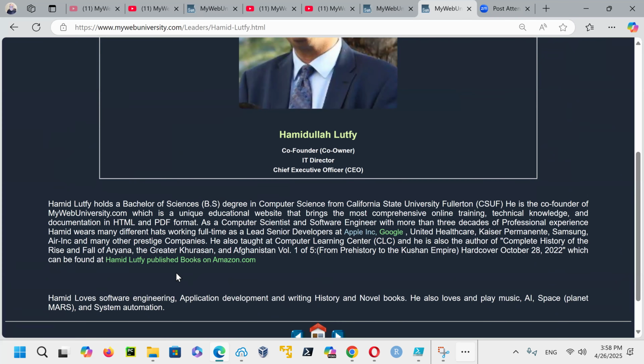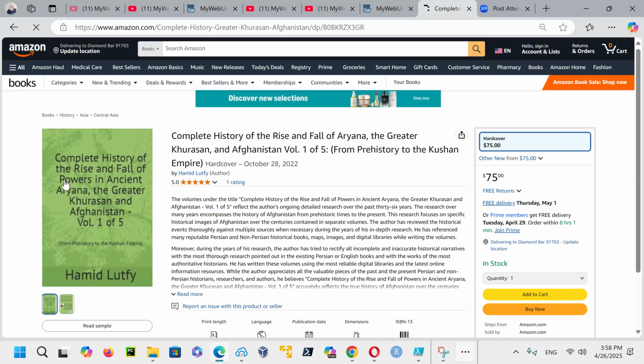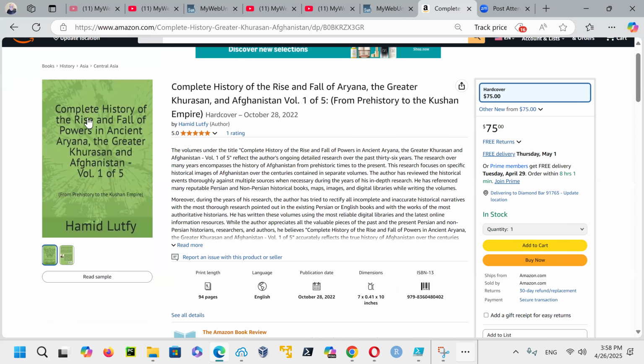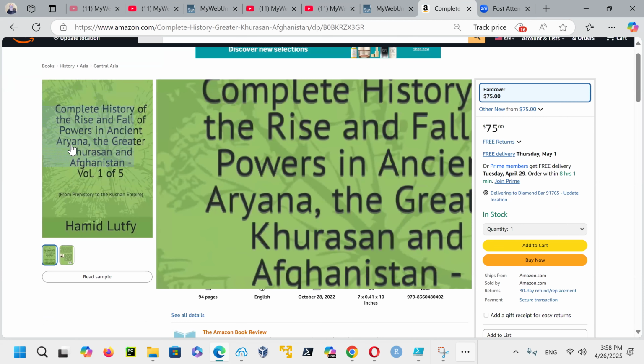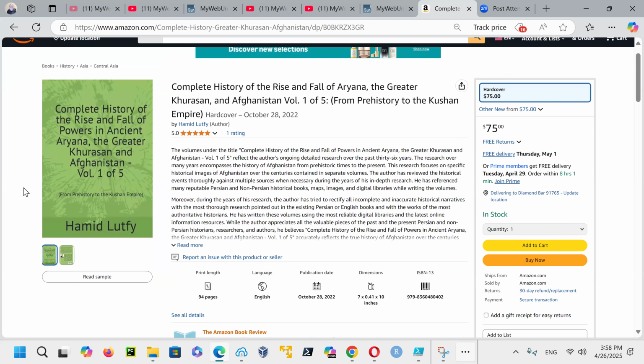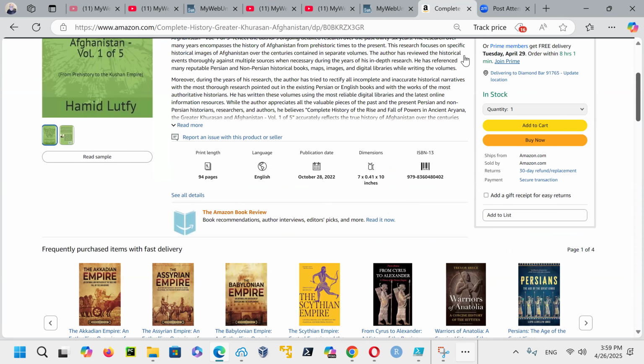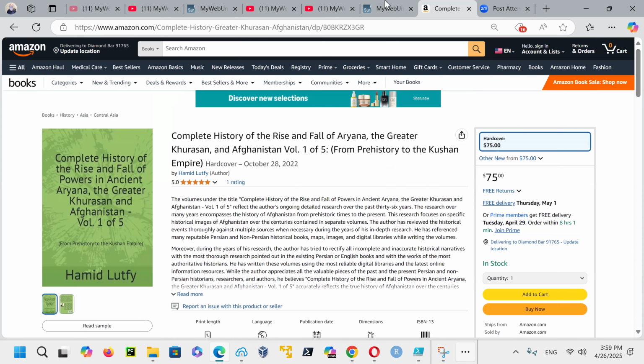A lot of the companies he worked for are very prestigious. He also wrote a lot of publications and books, and you can see his book, The Complete History of Rise and Fall of Power in Ancient Orient, The Great Khorasan, Afghanistan, Volume 105. There is a lot there, and I'm very proud of him, thank God. And then let me just show you.